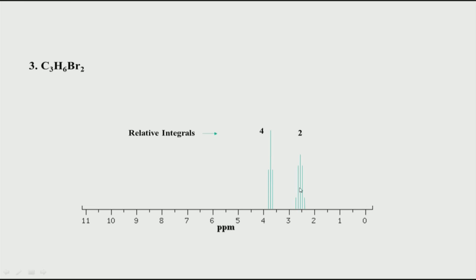You can see 1 is to 4 is to 6 is to 4 is to 1 roughly in that particular ratio, and if you take the area under the peak, it says that this should be 2, corresponding to 2 hydrogens, and this is corresponding to 4 hydrogens. If you add these 2, 4 plus 2, you basically get 6 hydrogens, which is satisfying this particular formula. So, now let us see what happens.